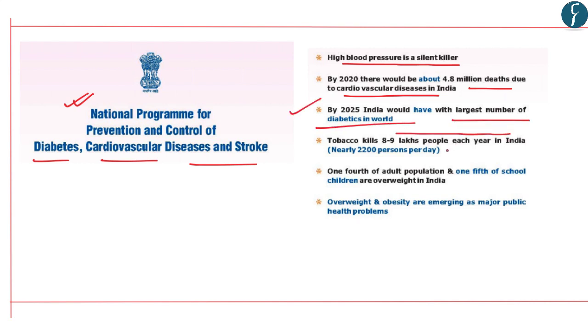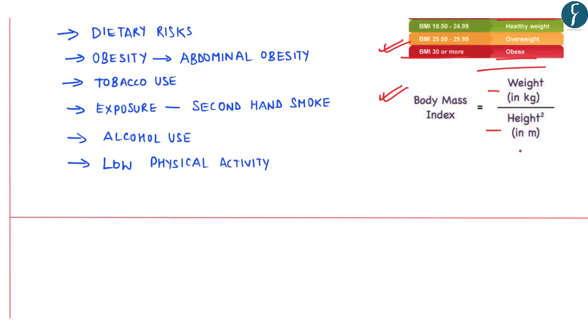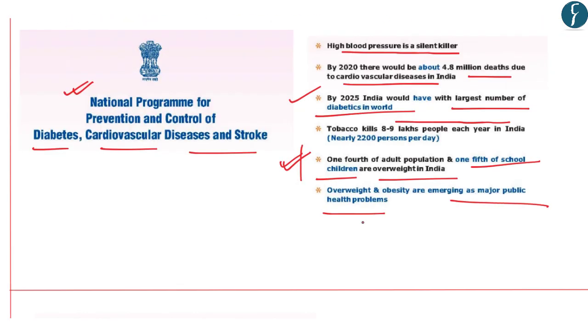Further, it says tobacco kills 8 to 9 lakh people each year in India. Another important aspect highlighted by this national program is that 1/4 of the adult population and 1/5 of school-going children are overweight in India. Now, this is again a cause of concern. Further, overweight and obesity are emerging as a major public health problem. As we have already seen, anyone having a body mass index of 30 or more can be considered obese. So, in this aspect, the government has also highlighted that overweight and obesity are emerging as a major